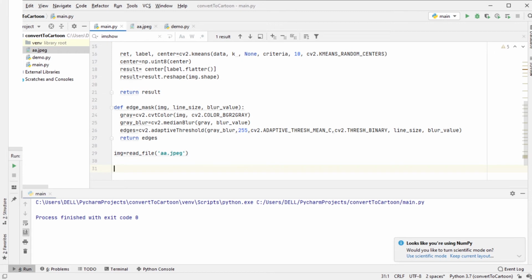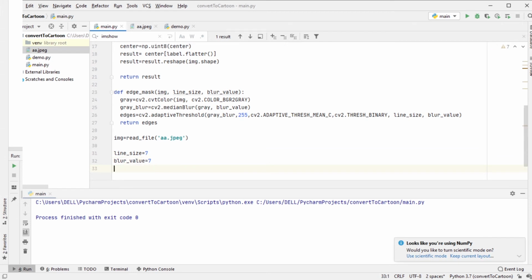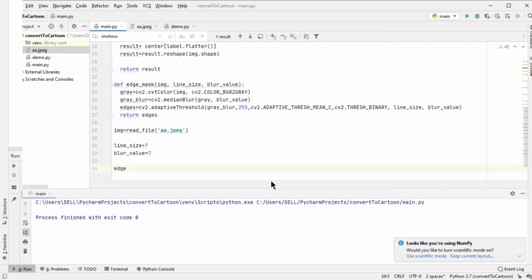Next we'll be assigning the line size value and the blur value equals to 7 as well, and we'll be getting the edges out of the edge mask function,